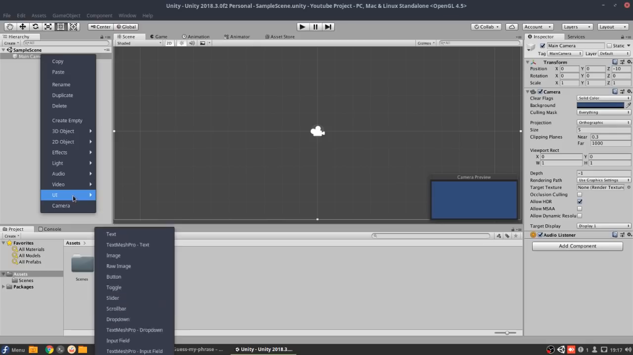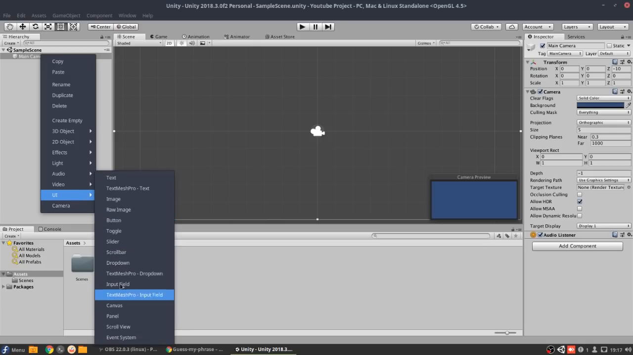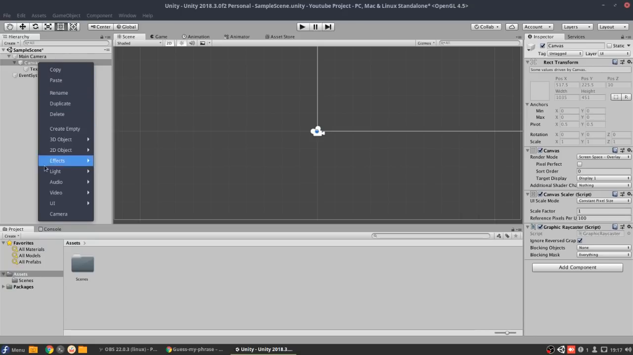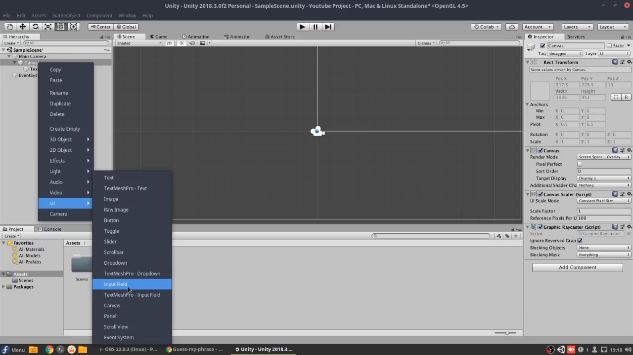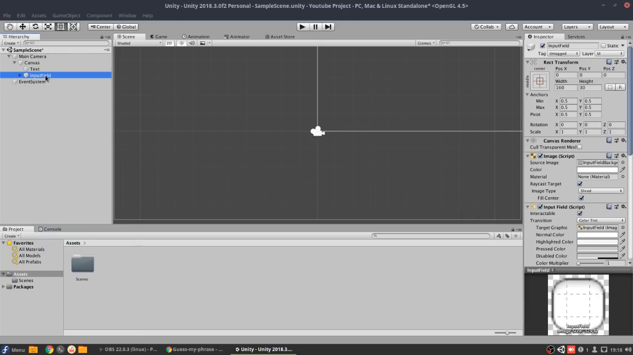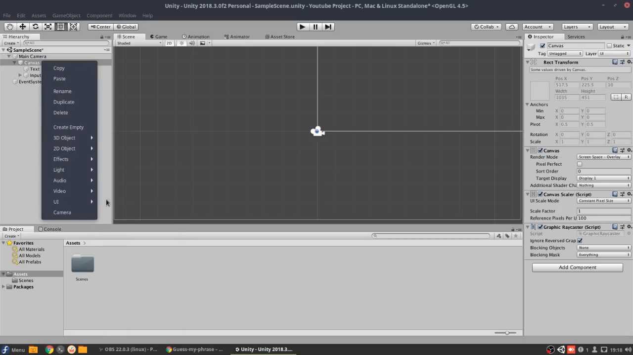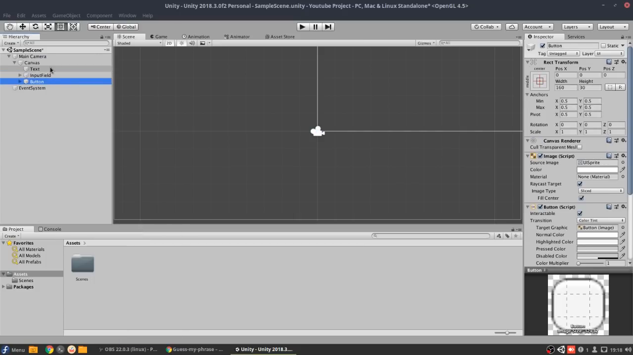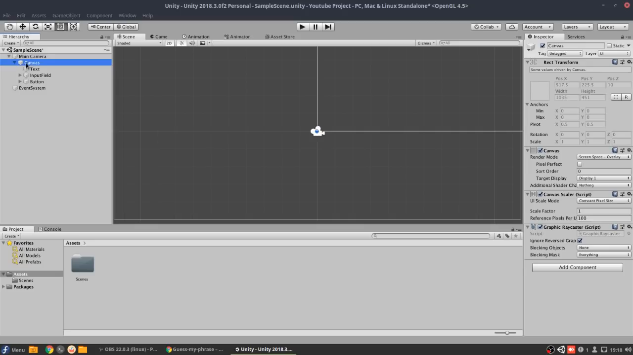So first of all, let's create a text. This is where the player score is gonna be displayed. So this is the text. As you can see, Unity already created a canvas for us. That's great. Then we're gonna create an input field. This is where the player is gonna be able to type out his name. And then, last but not least, we're gonna create a button. This is gonna be the submit button. So now we have our 3 components that we're gonna need,